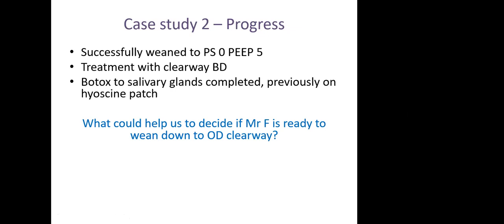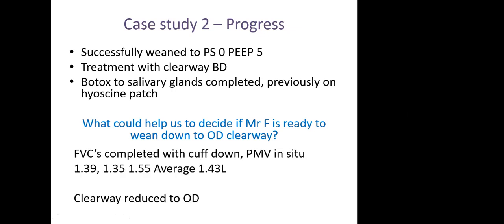The other thing that we can do to objectively identify whether he's getting better is repeat his FVCs. So now he's coming off the vent regularly to do Clearway. Probably what we can do is use the FVC machine on the trachea and do a series of FVCs. So we've got some here, and actually we can tell that they're a little bit better, aren't they? His average now is 1.43 litres. So based on this, and the fact that we can hear a bit of a better cough,